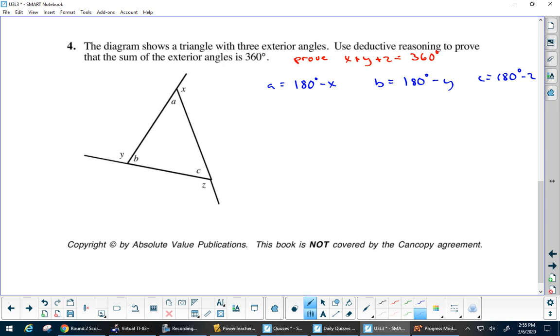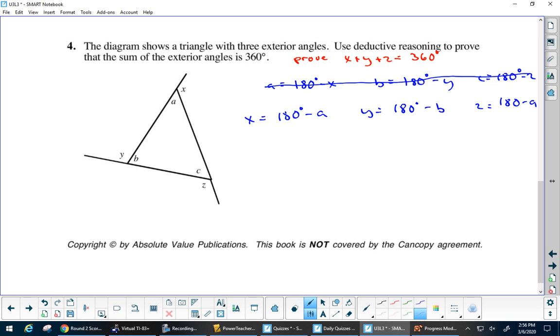You know, I even see a way better way to do this one. Okay, so I want to switch. Why don't we do it this way? X would equal 180 minus a. It's basically just switching these algebraically, because x would equal that. Y would equal 180 degrees minus b. And z equals 180 minus a. So let's cross this one out. We don't need that one.